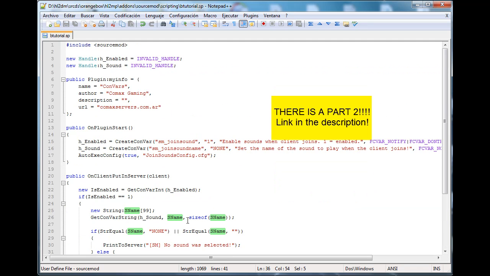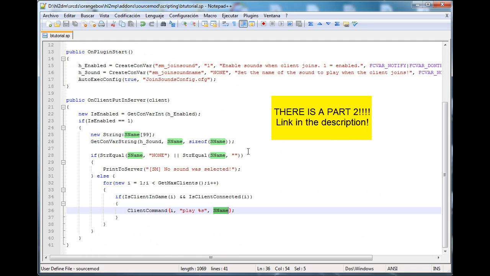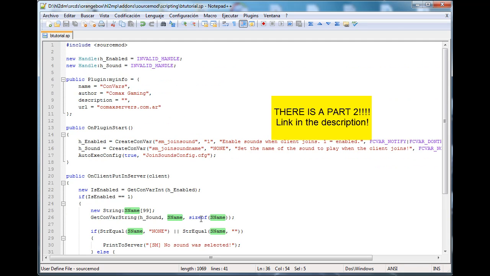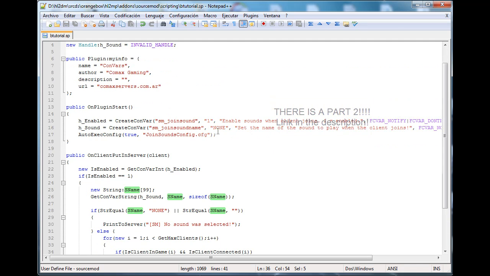So basically that's all. There's nothing else to do with this plugin. It's finished. So make sure to rename this and